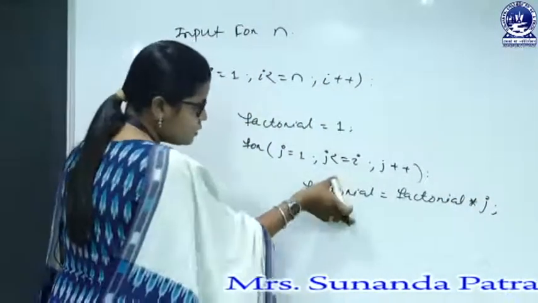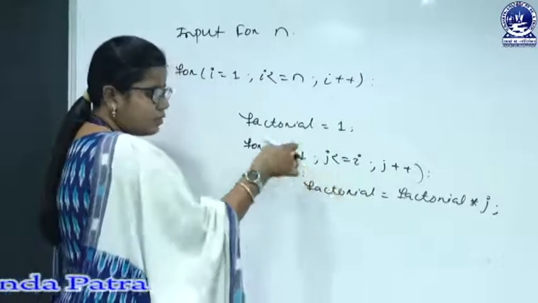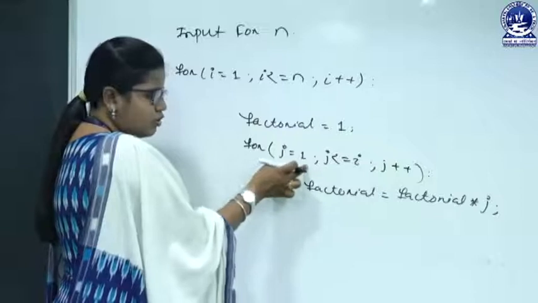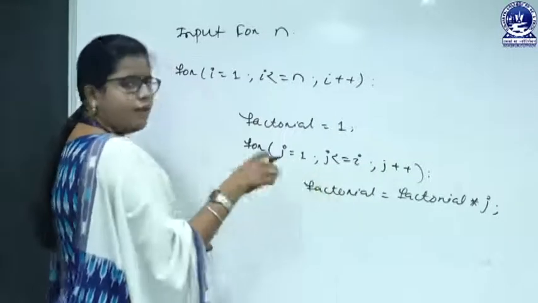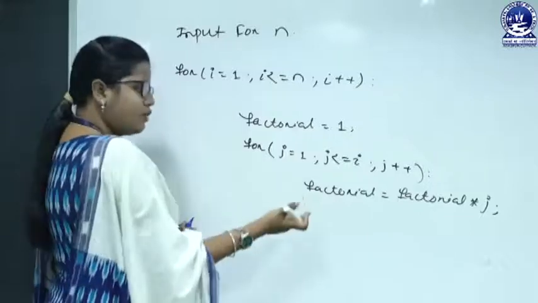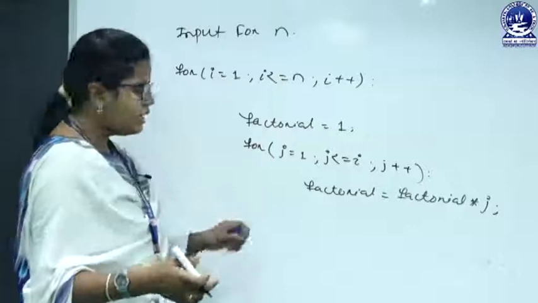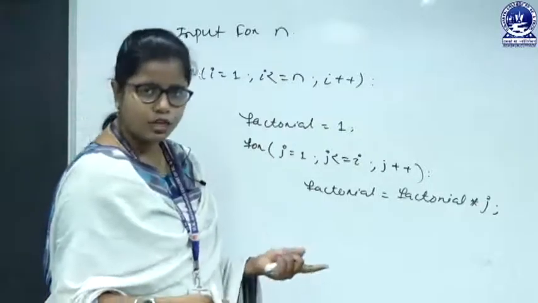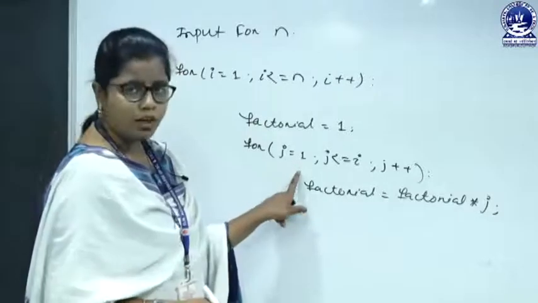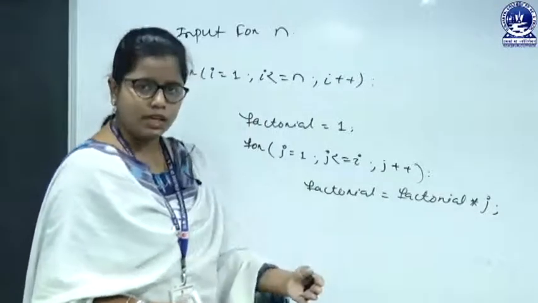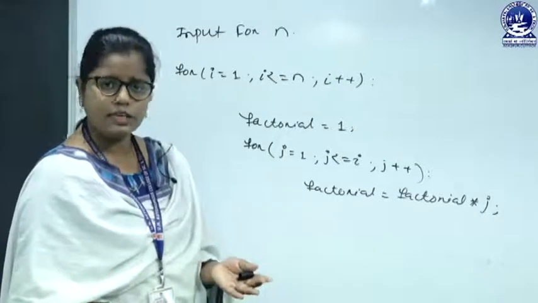Then this will end here. We have already calculated by executing this loop. For j equals 1, we are calculating the factorial of 1, then i will be incremented to 2, then we will again start with j equals 1 and j will go up to 2, then we will calculate the factorial of 2. Like when i equals 10, j will start from 1, j will go up to 10, then we will be able to calculate the factorial of i, that is 10.